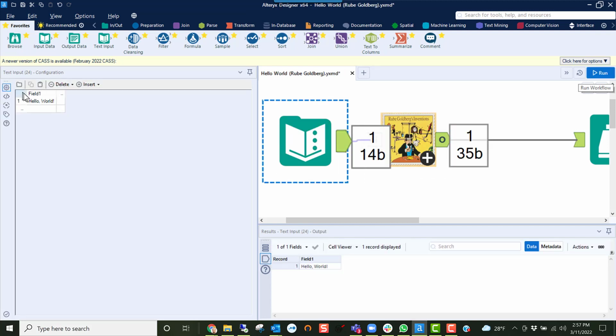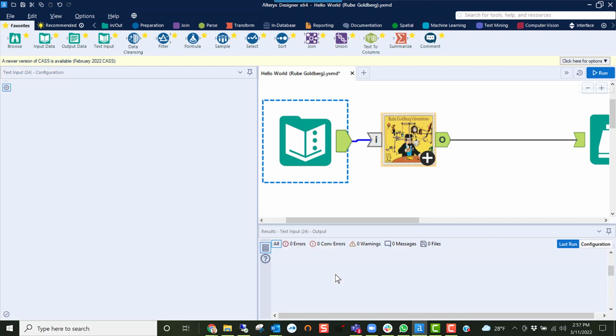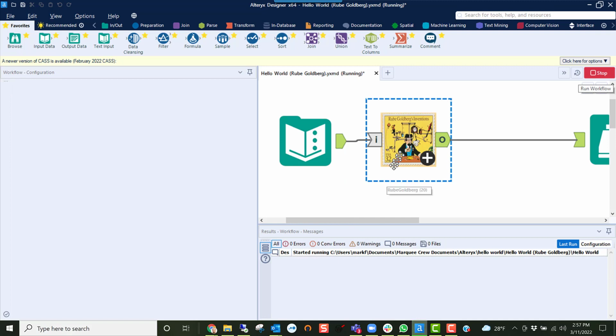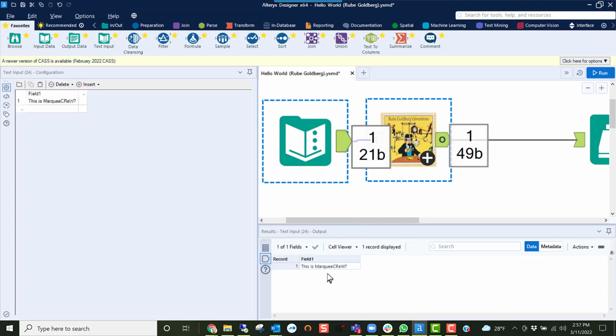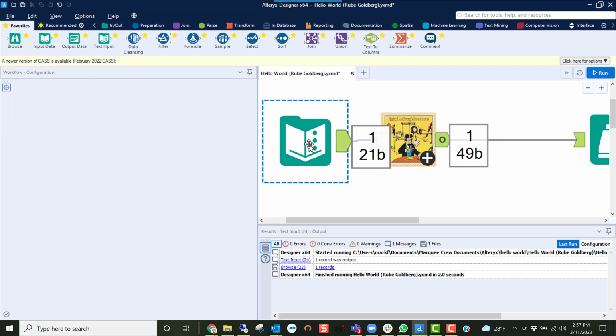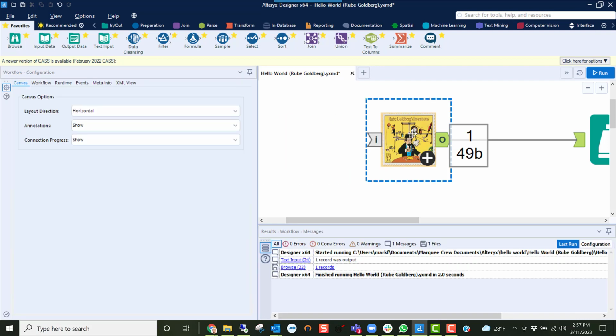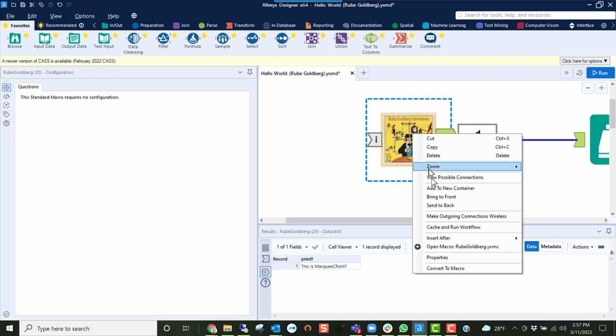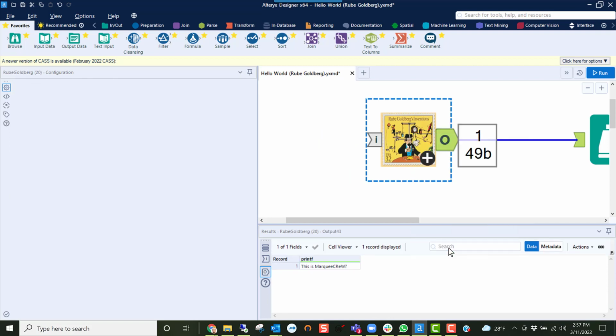connector here. I could change hello world to this is MarqueeCReW, whoops, gotta spell my name right. And if I do that, it will output not hello world, but it will output whatever it was conditionally put in. It actually does something in the macro, and I'm going to show you the building of this macro and what it does. I'm going to open the macro,